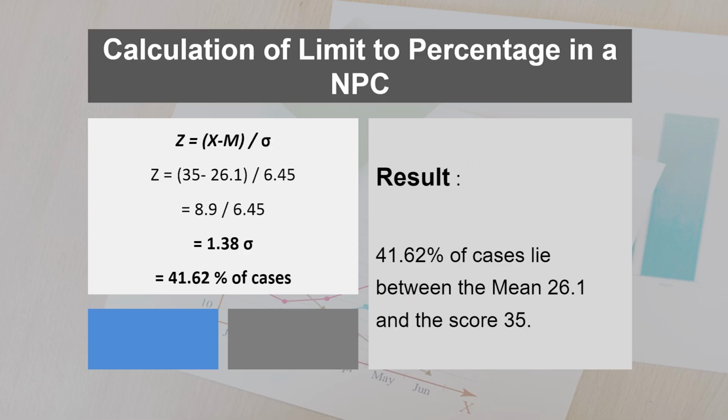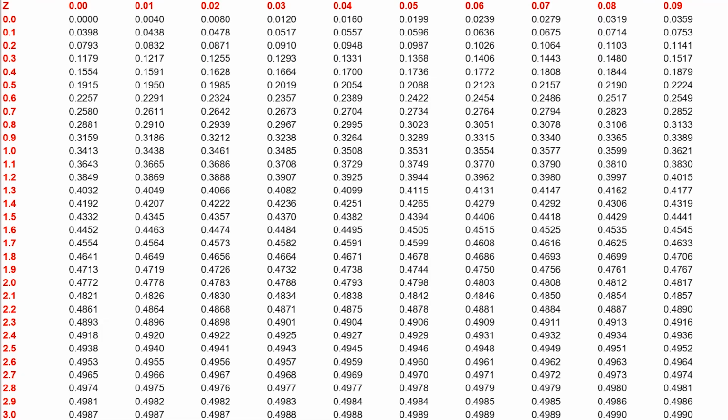So just put the values: x is the individual score, that is 35, m is the mean score, that is 26.1, divided by 6.45. So 35 minus 26.1 is 8.9. So 8.9 divided by 6.45, that is 1.38. And now what you have to do, you have to go through the table. Okay, 1.38, you see this is the